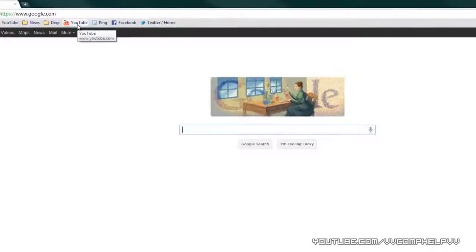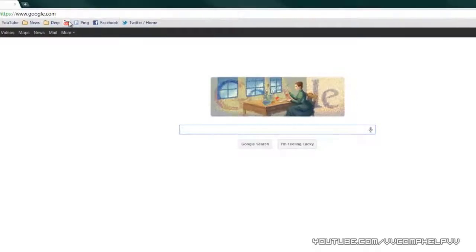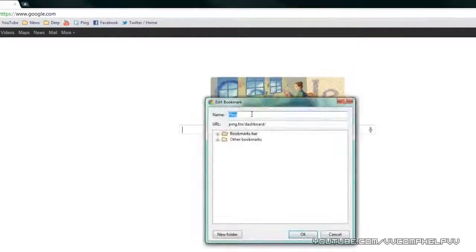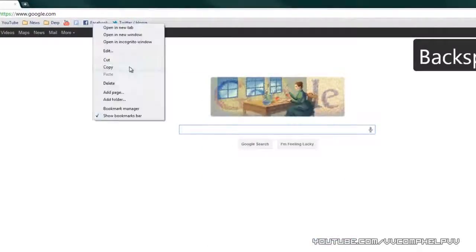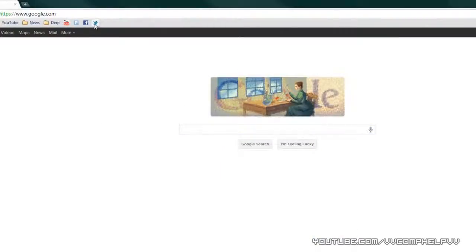Here's what I'm going to do. I'm going to right-click on my bookmark and go to Edit. I'm simply going to delete the name and hit OK. So now look at that. It just turns into the favicon icon. So I'm going to go and do this to all of them. And there you go. Now I have these icons representing my bookmarks, which actually gives me a lot more space